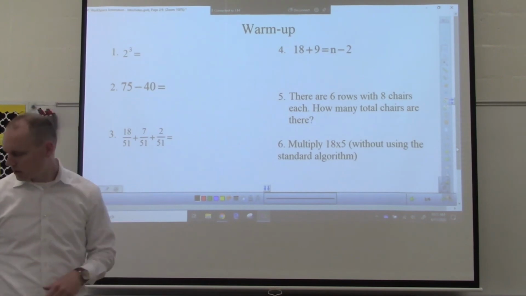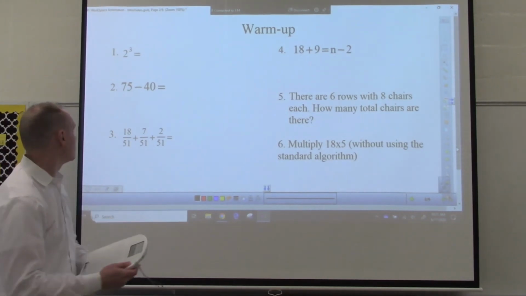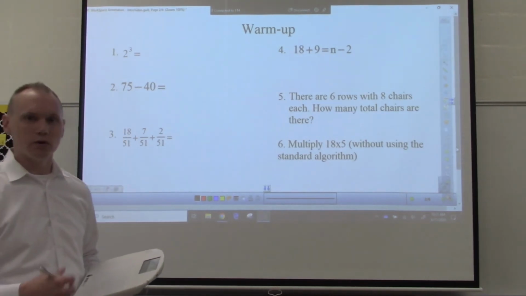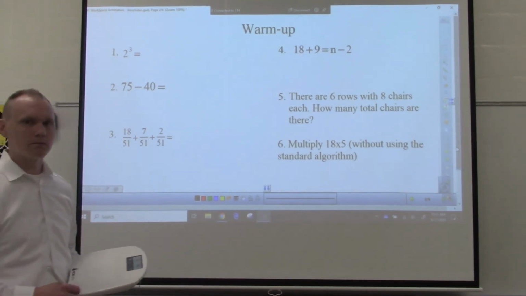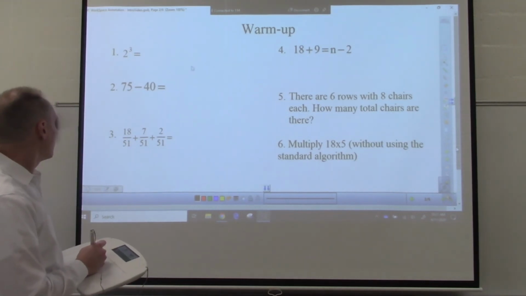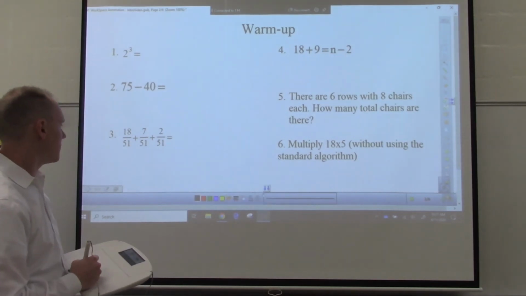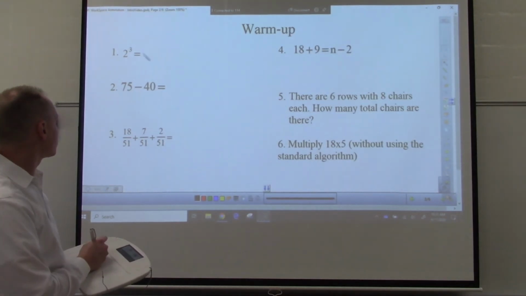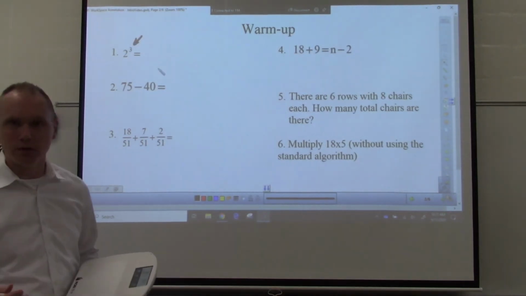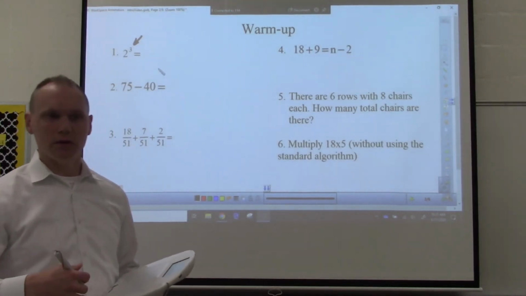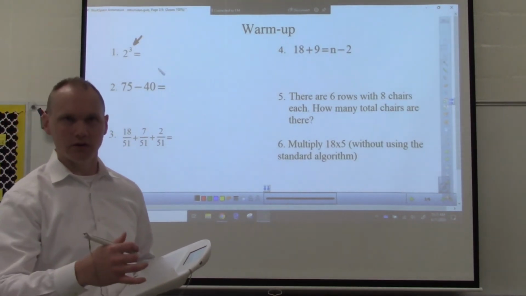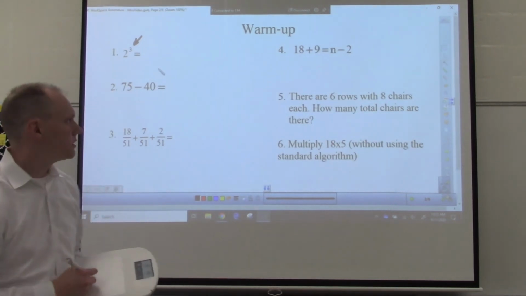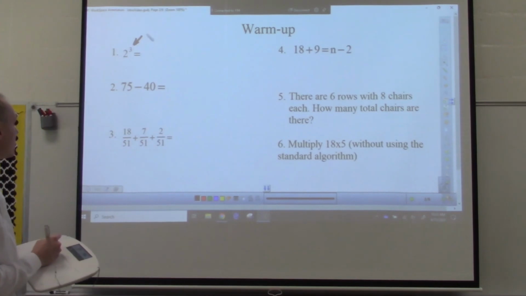Alright, so let's take a look at these problems here, starting with number 1. Number 1 says simplify or evaluate 2 to the third power. So we can do that because 3 is what we call a natural number, meaning zero is not included in that, but 1, 2, 3, on and on. So positive integers. Because 3 is a positive integer,